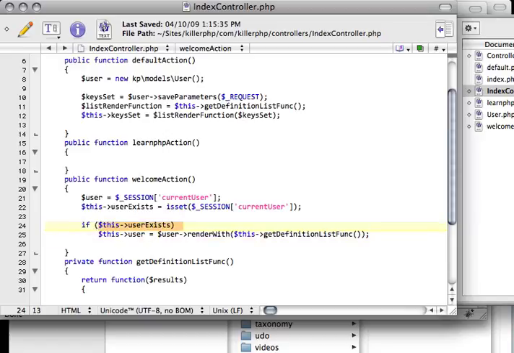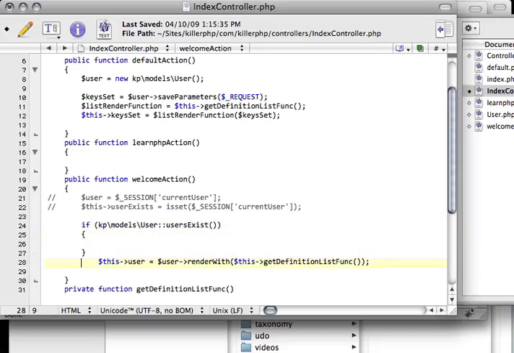The first thing I'm going to do is call the user object statically. And I'm going to say if kp \models \user and then double colon users exist. And then if they do,